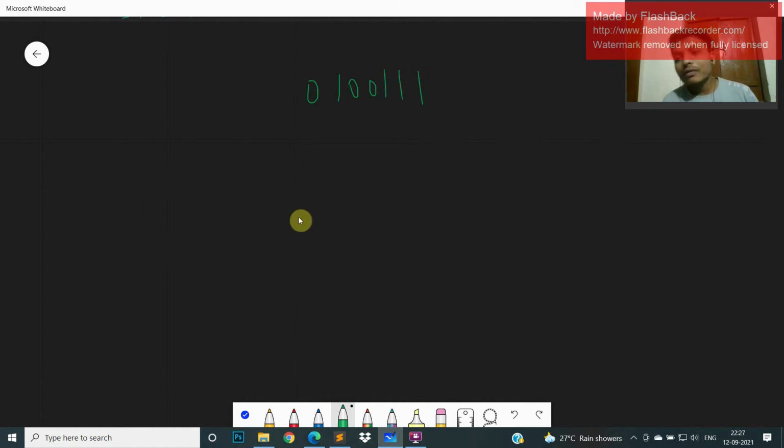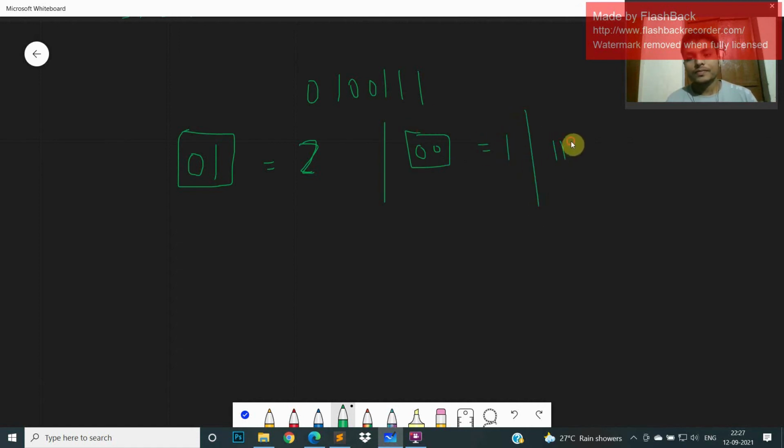If we look at this problem, some of the observation is that if a substring contains 0 and 1, then the mex will be 2, and if it only contains 0, then it will be 1, and if it contains all ones, then it will be 0.